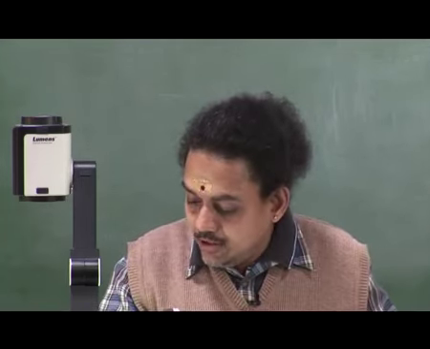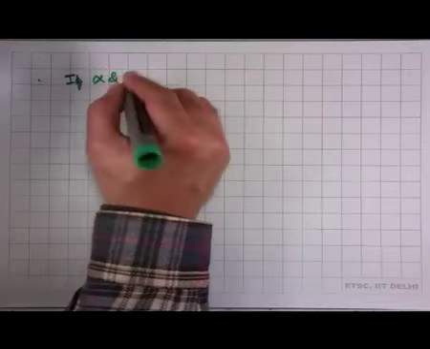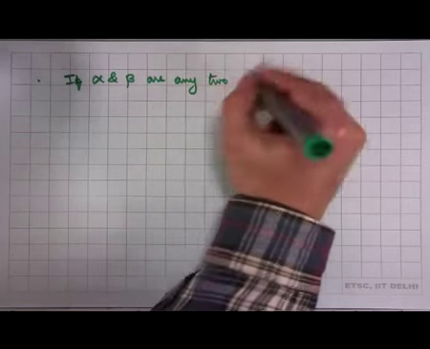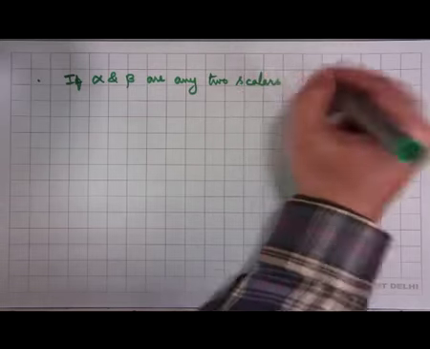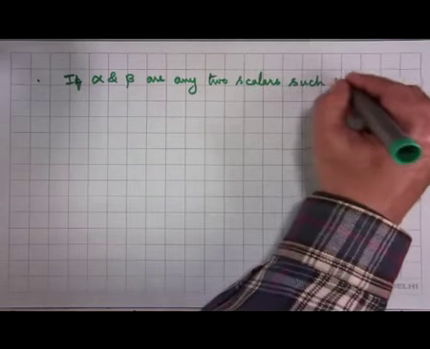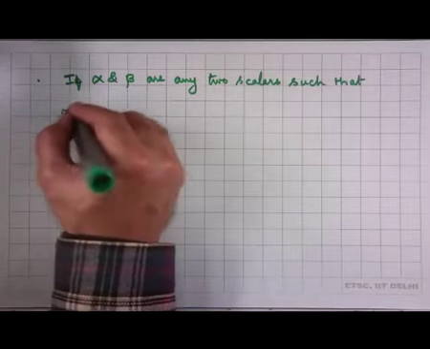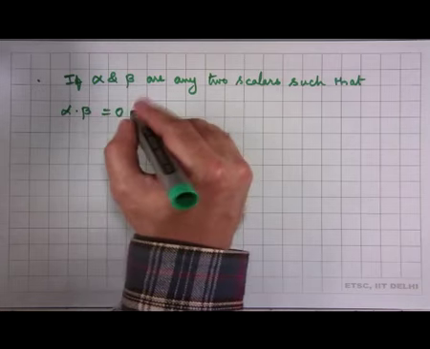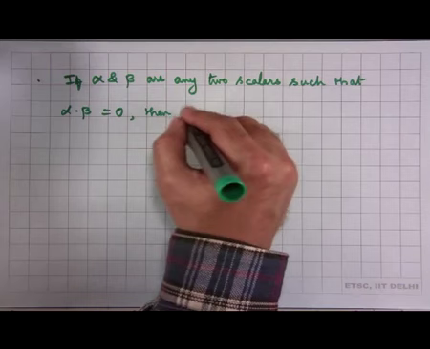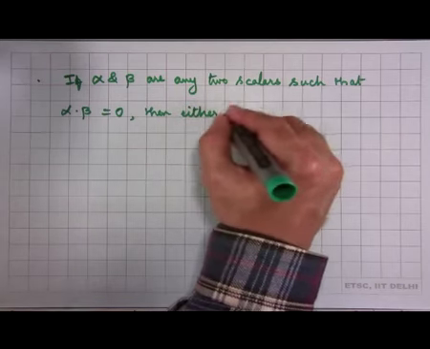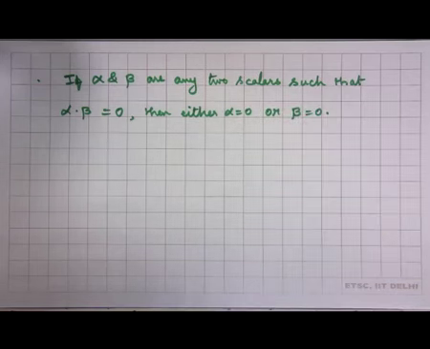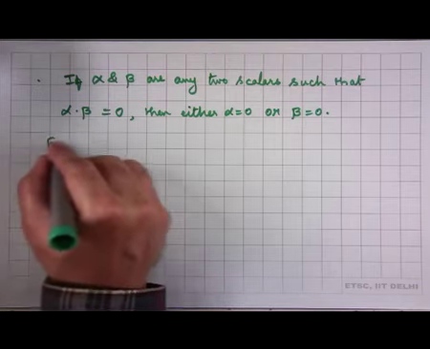For example, if alpha and beta are any two scalars such that alpha dot beta, when you multiply these two, is a 0 scalar, then either alpha equal to 0 or beta equal to 0, one of these happens, but this does not happen in the case of matrices. So, let us look at a simple example